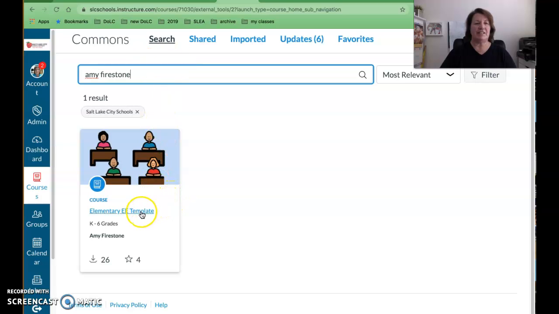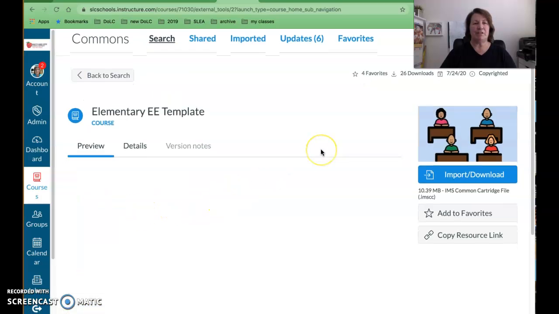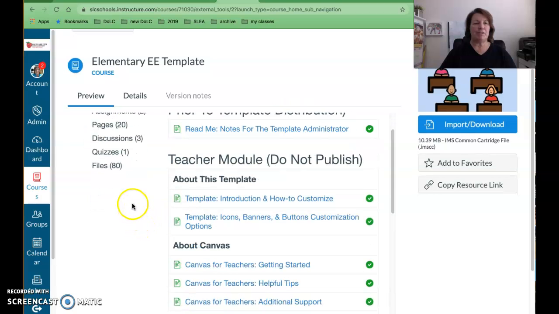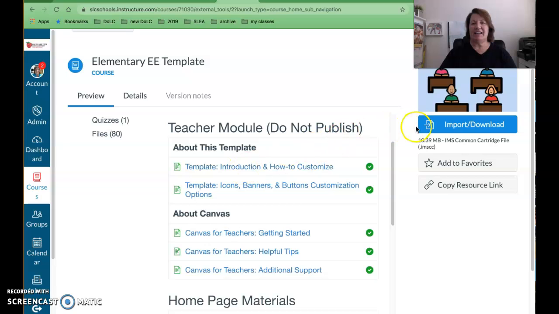And you can see, here it is. So we can open it up and preview, but we already know we want to use this because we previewed it previously. And we'll come over here to Import Download,